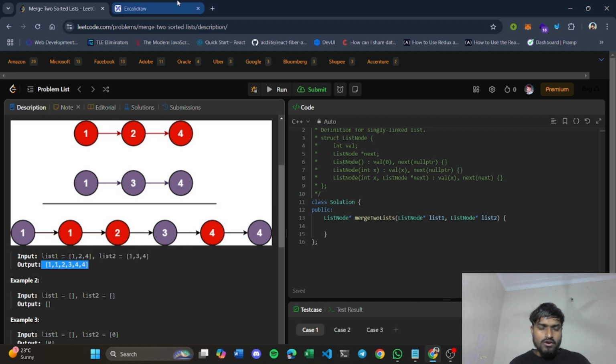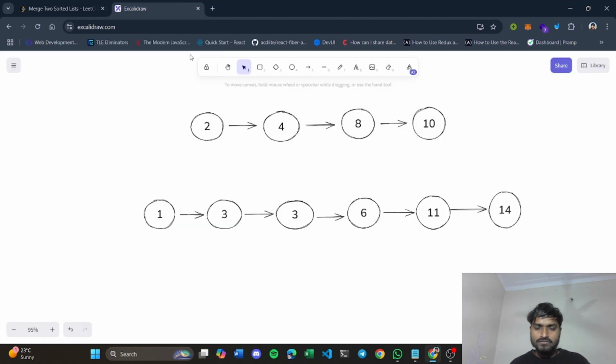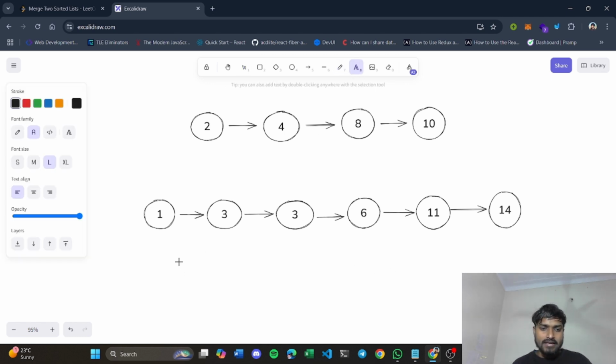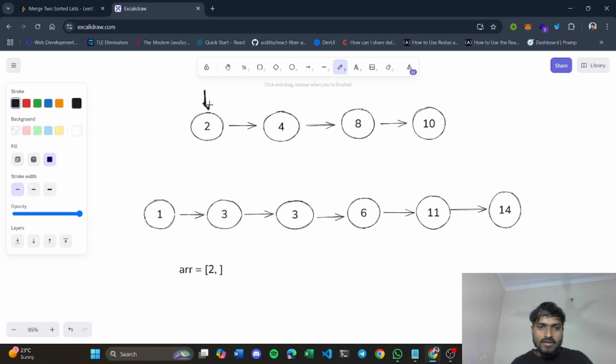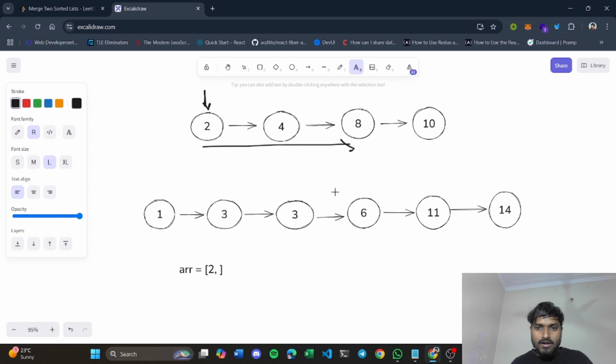So talking about the approach of this problem, the basic approach that everyone must get at the initial point is that you will get all the elements of list 1 and all the elements of list 2 inside an array. Let's say you created an array, and inside it you traverse the first list initially. Let's say your head was here initially, right? So you traverse this entire first list, access its values and store them inside this array.